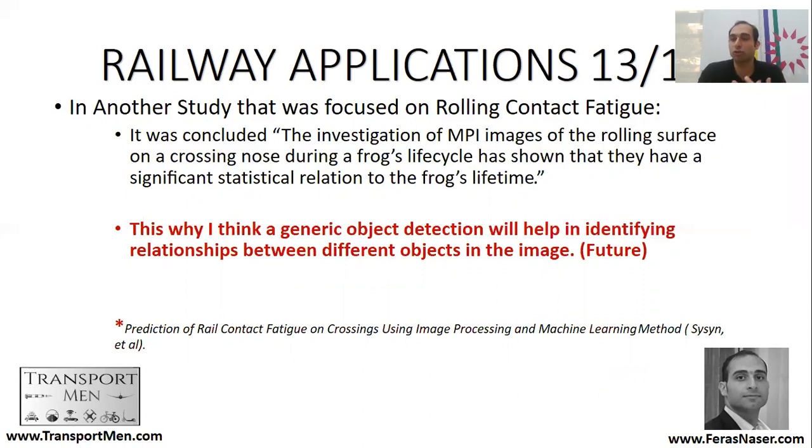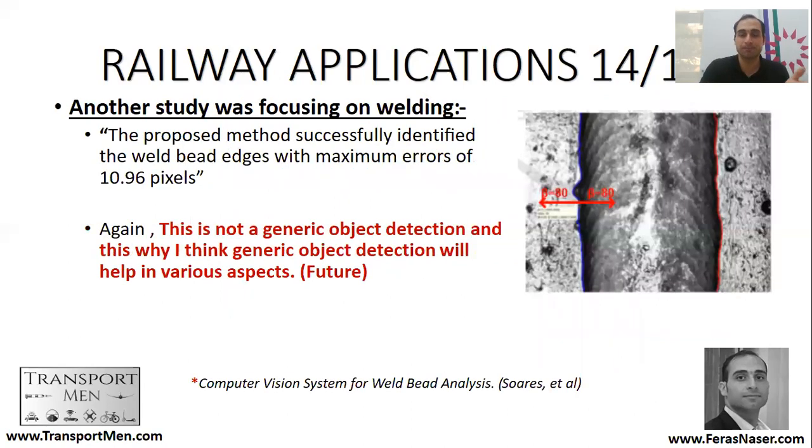So if we have managed to detect objects within a picture or within the railway context, maybe within a short period of time we are able to detect even the relations between these objects, how these defects develop, or how things change over time, or how usually if you have one defect, there must be another defect nearby. So this will pave the way for more interesting research by first detecting the object, then maybe you will be able in the future to detect the relationship between these different objects.